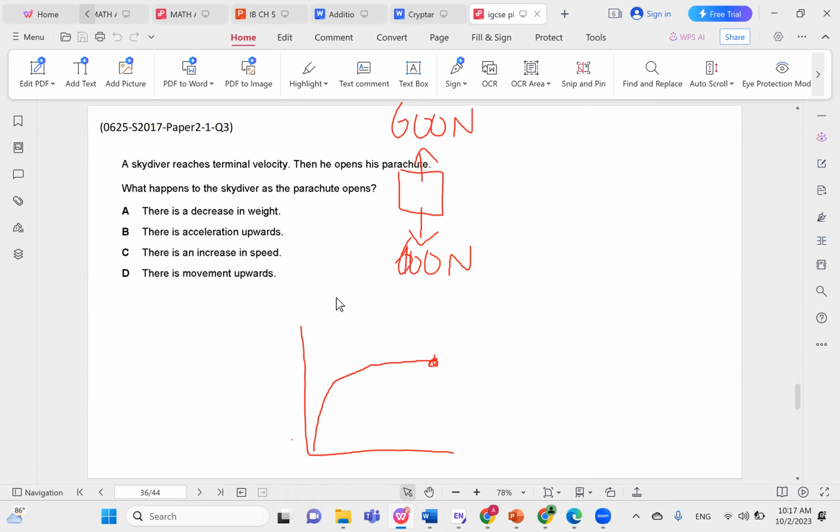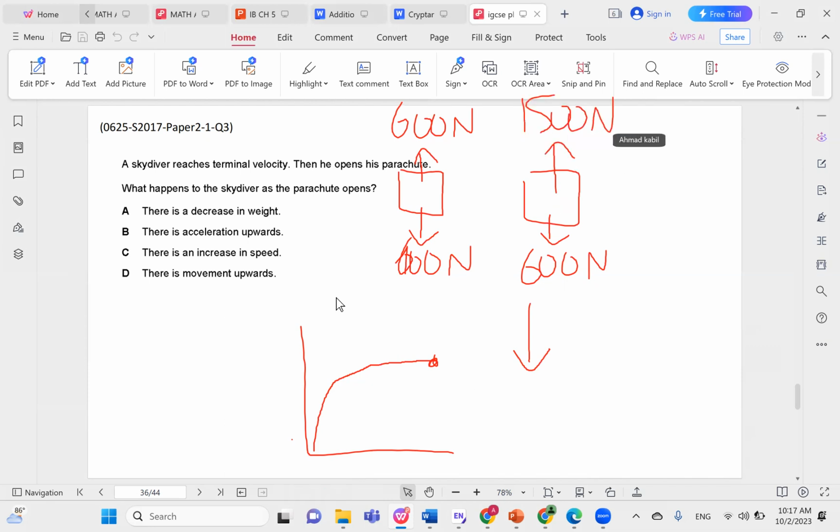Now he opens his parachute. So what happens when he opens his parachute? Bear in mind that so far he is falling vertically downwards and he reached a constant speed. What happens when he opens the parachute? Suddenly, of course, the weight stays the same, but suddenly the air resistance increases dramatically. So instead of 600, I now have 1,500 newtons of air resistance, for example, because he opened his parachute and